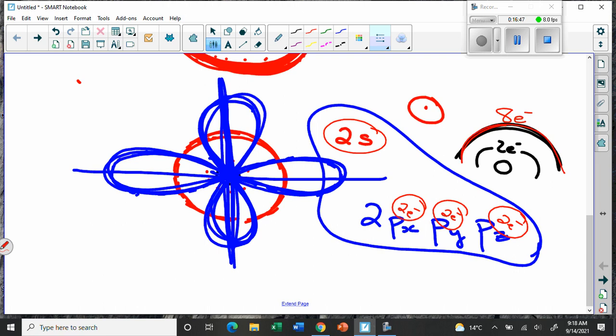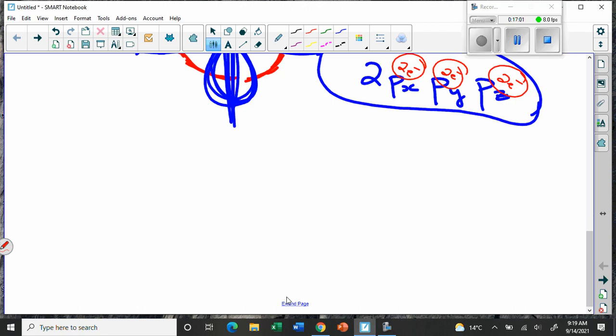And this carries on to the next level. In the third level, though, the equations give us an S, a 3S. Let's just pause for a second. Okay, we're back. So I'm going to move down. When we try to picture the third level, so now we're doing the Bohr-Rutherford model